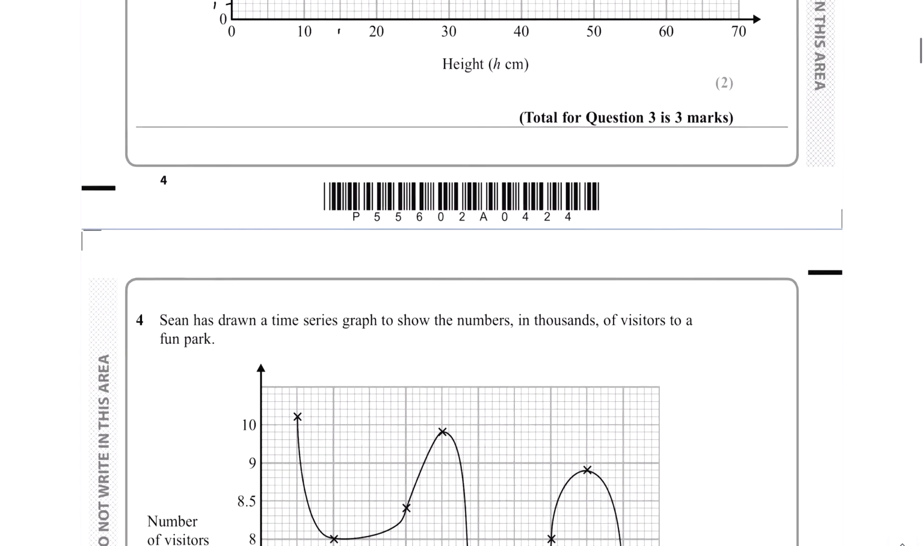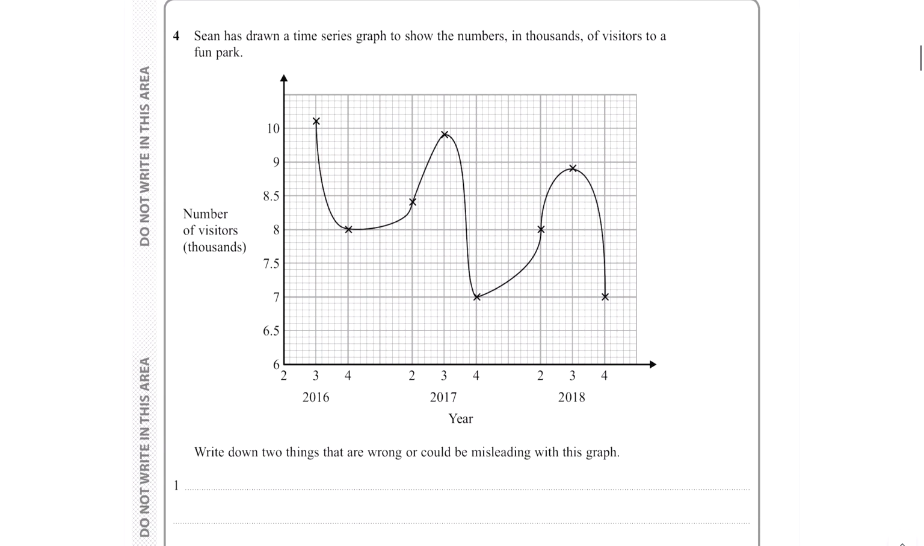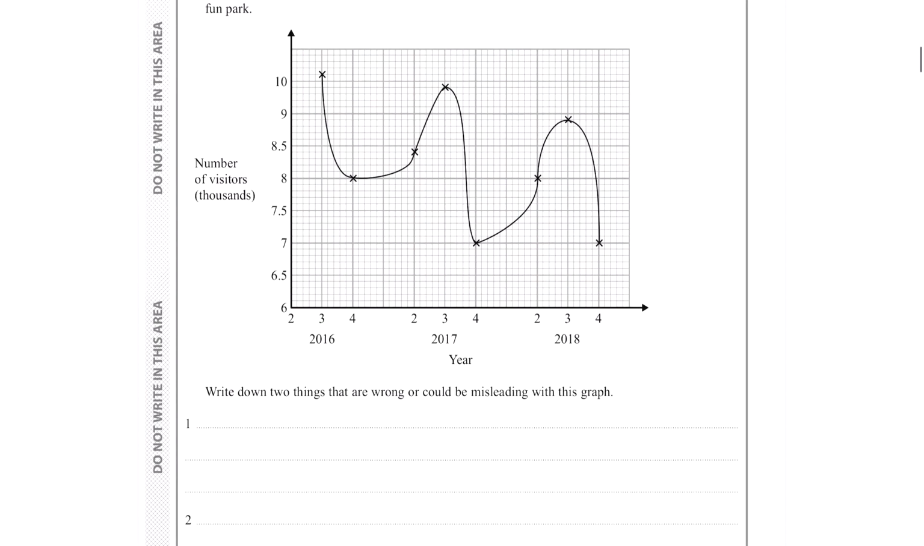So let me just zoom out. So we have a time series graph that shows the numbers in thousands of visitors to a fun park. Okay, write down two things that could be misleading with this graph. So always start by looking at the axis. So have a look at the y-axis, have a look at the x-axis, and hopefully you can notice that this is missing 9.5. So it goes 6, 6.5, 7, 7.5, 8, 8.5, and then we can just write 9.5 is missing